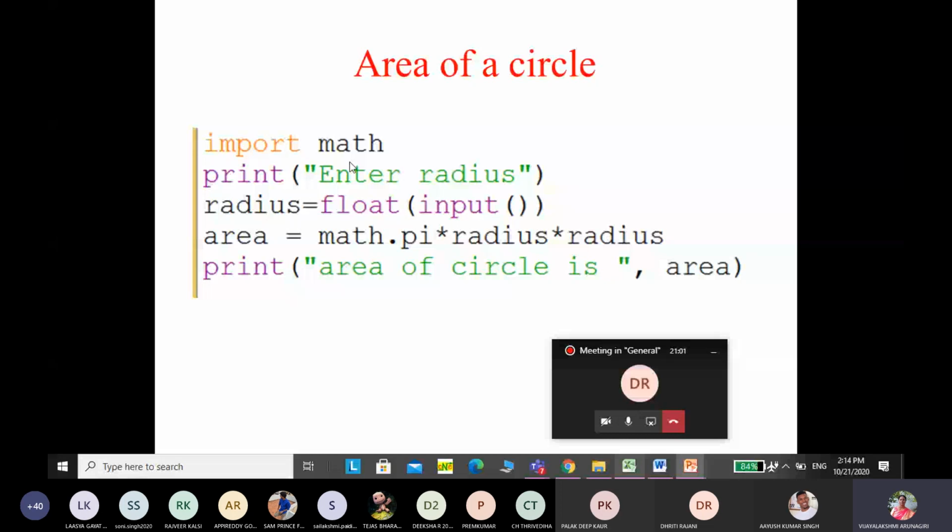So what does this library mean? It has many mathematical functions like log, cos, sine, like that. If you want to use some mathematical function, we can import this library. This library will have the program for all these functions. Simply put import math, and wherever you want to use a math function, you put math dot pi. Then it recognizes that you are asking for the pi value here. Then the pi value will be replaced and multiplied with the radius, and finally it will print the area.